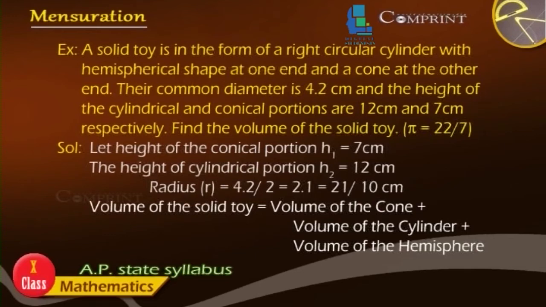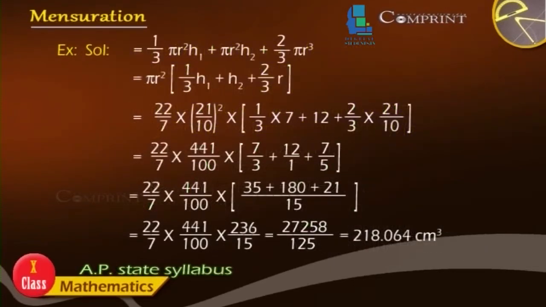Volume of the solid toy is equal to volume of the cone plus volume of the cylinder plus volume of the hemisphere, which is 1 by 3 pi r square h1 plus pi r square h2 plus 2 by 3 pi r cube = pi r square into (1 by 3 h1 plus h2 plus 2 by 3 r)